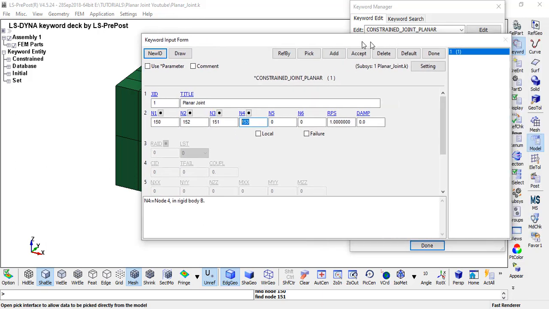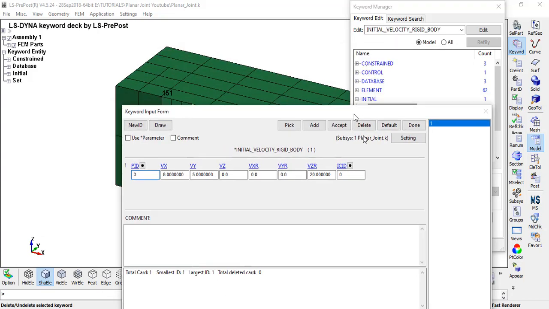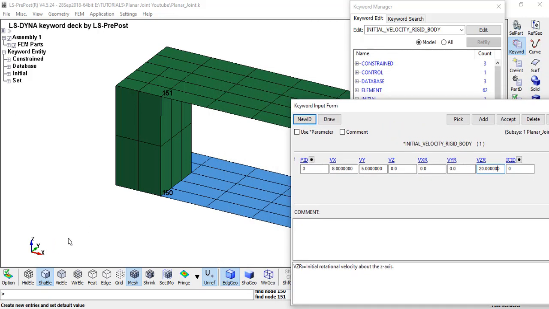Okay, in this way, after creating a joint, we need to give a velocity for the rigid body. I have given some velocity in the x direction, in the y direction, and rotation in the z direction.